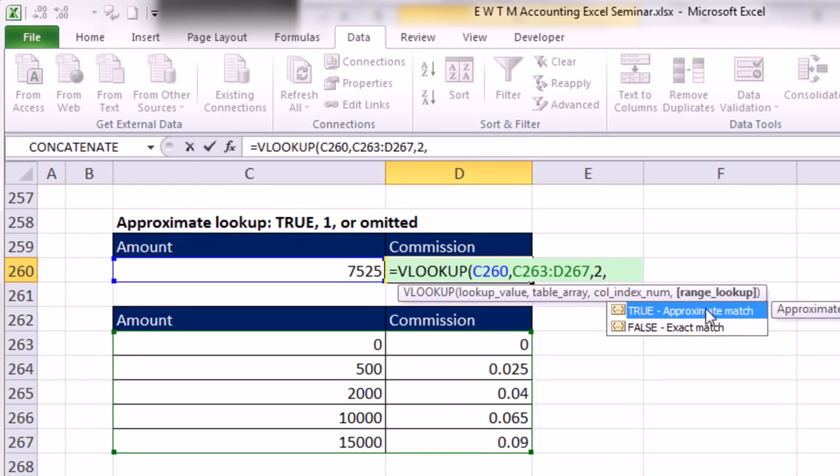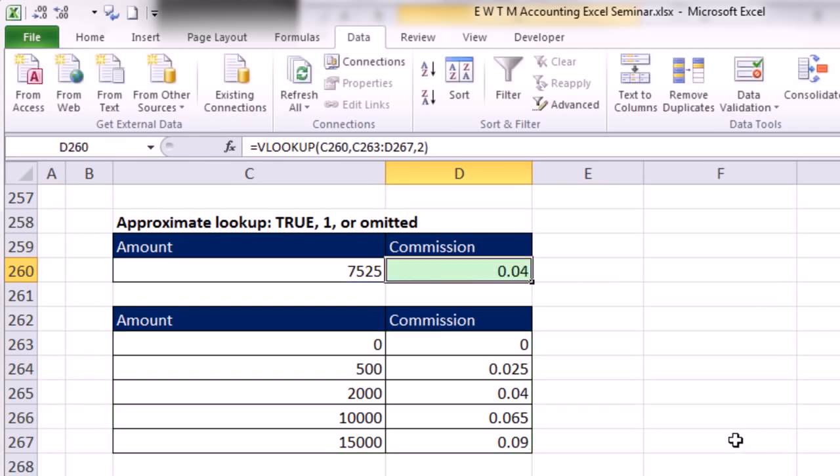Now, there's a hint in every screen tip. If you see square brackets around the argument, that means if you know what the default is, and that's what you'd like, you can just flat out leave that argument out. So when doing approximate match, we don't need that last argument. Only the first 3 arguments. And so now